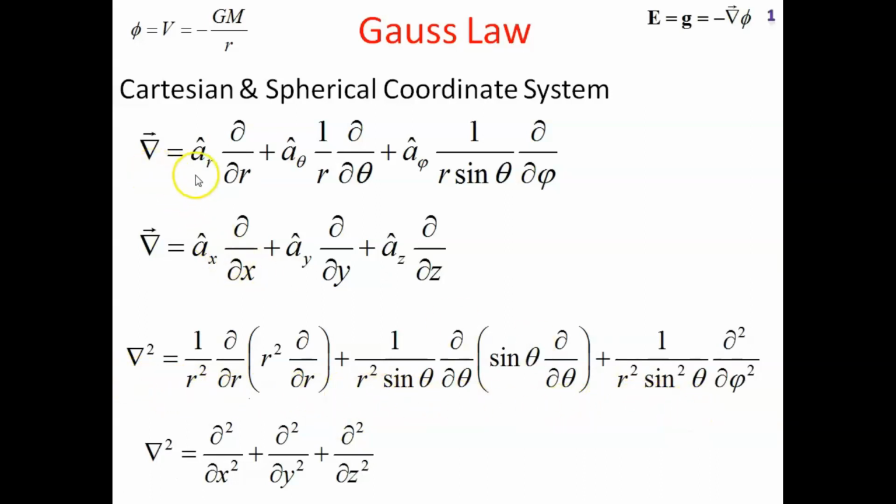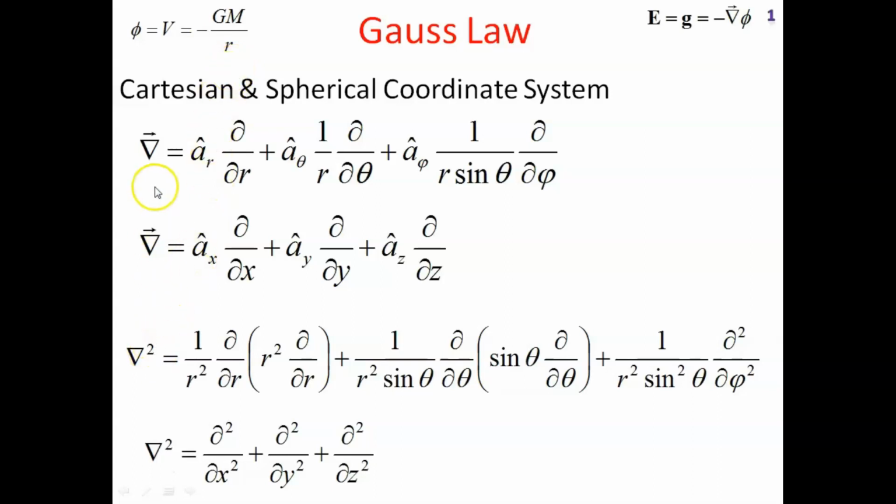When you operate del bar dot on itself and set a_r dot a_r equal to 1, a_r dot a_theta and a_r dot a_phi equal to 0 and so on, only a_theta dot a_theta and a_phi dot a_phi will exist. Other 6 components will disappear and only 3 components will appear. However, the potential we are going to represent, phi, which was earlier V, is equal to minus GM upon r. It is an interesting point to be cited at this point of time, as phi does not depend upon theta and phi. So it is independent of theta and phi.